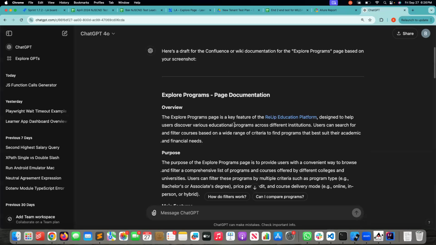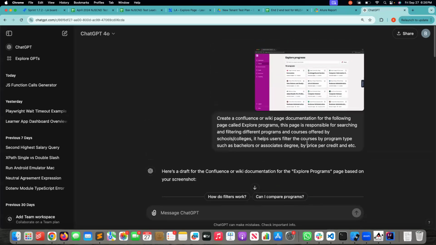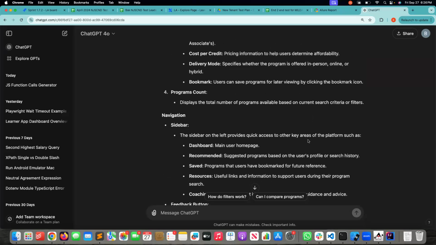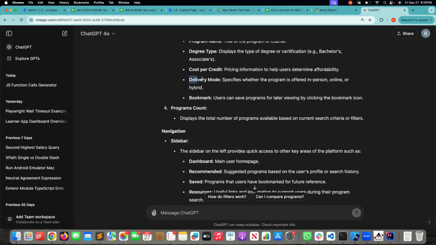I just uploaded a picture of our page and I said, hey, ChatGPT, create a Confluence or wiki page documentation for the following page called Explore Programs. This page is responsible for searching and filtering different programs. And I had to explain this part myself. And ChatGPT created this documentation for me. And of course, I made changes because if I just copy it, like here, it says delivery mode specifies whether the program is offered in person, online, or hybrid. But we don't call this delivery mode. We call that